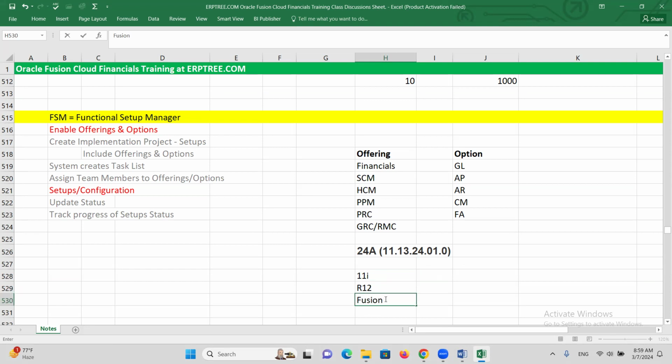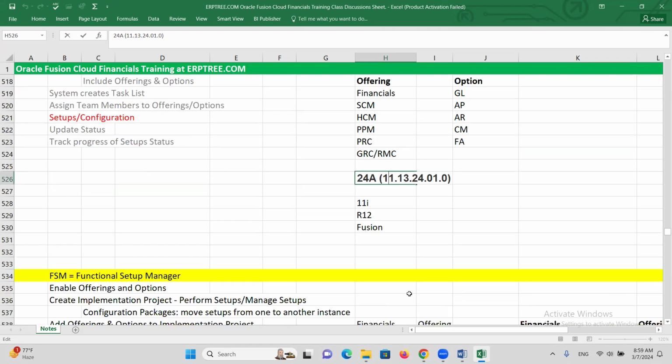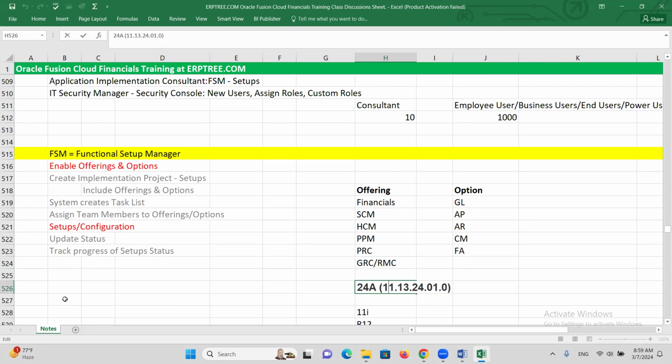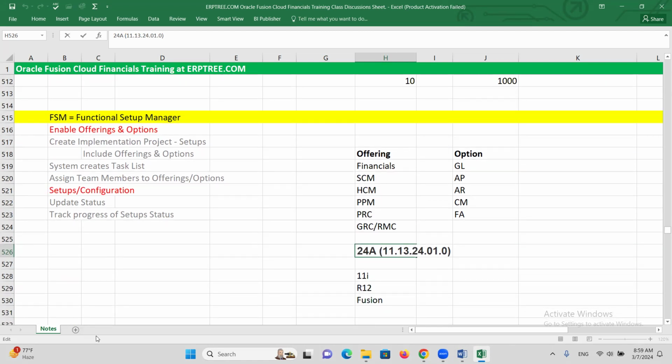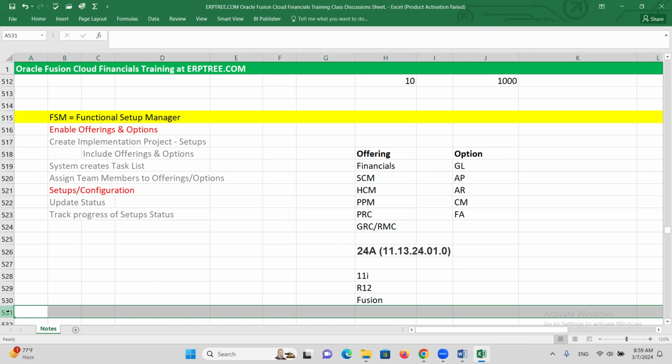The Fusion they represent with 11. The version is 11 for Fusion also. It's not 11i, it's 11. Another way they represent it is 11g. The database version also is 11g, but here the Fusion application version you can treat as 11g. So 11 represents Fusion. Within the 11, Oracle started introducing functionalities like this. Just let me write those